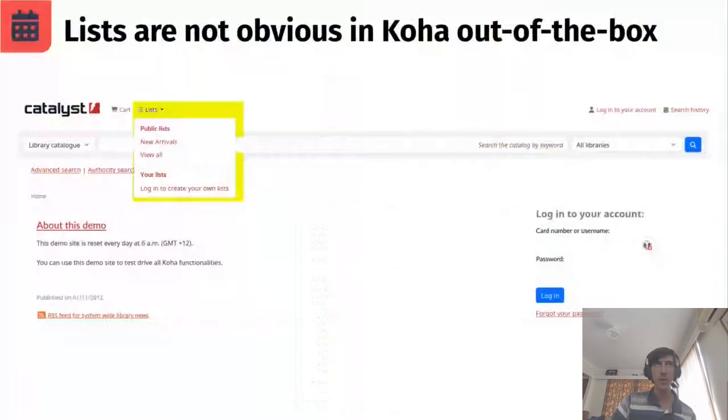Out of the box in Koha, lists aren't very obvious. If we look at the screenshot of the Catalyst Koha demo site, at the top of the page you've got Lists, which is a drop-down. If you click on this drop-down, we can see all of the public lists. We've got 2 lists in the screenshot, new arrivals and view all. The problem is, unless I click on this Lists link at the top, I'm going to completely miss that